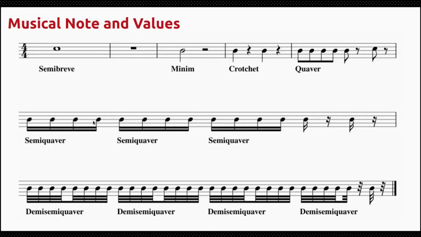This is the semi-quaver note. They have two flags. You see them, grouped together here just to explain how they are used. This is semi-quaver. Can you see this? The note with 2 flags. And this is the rest. The rest has 2 flags. Okay, this is semi-quaver note and the rest. Now look at the demi-semi-quaver, 3 flags, and the rest also has 3 flags. Okay, this is all about the 6 most popular notes and their corresponding rest values.